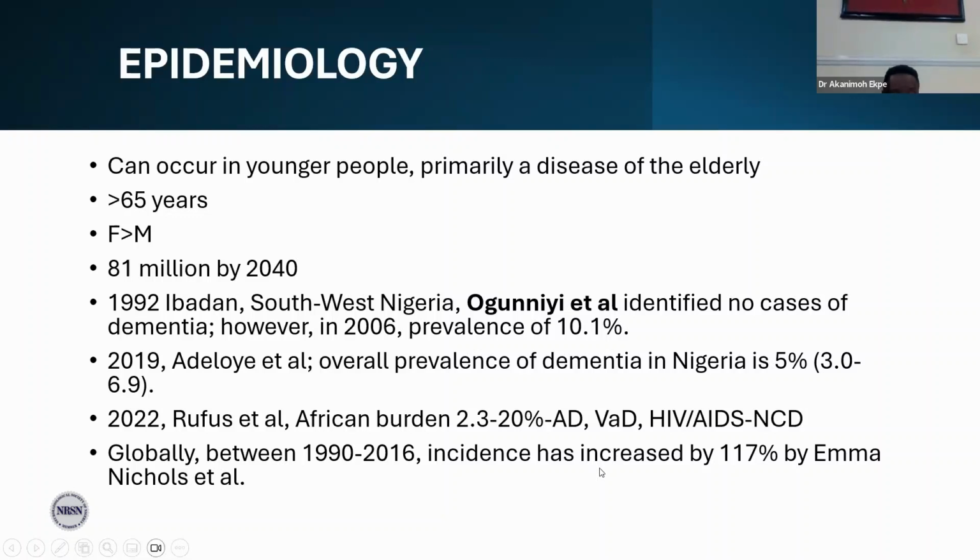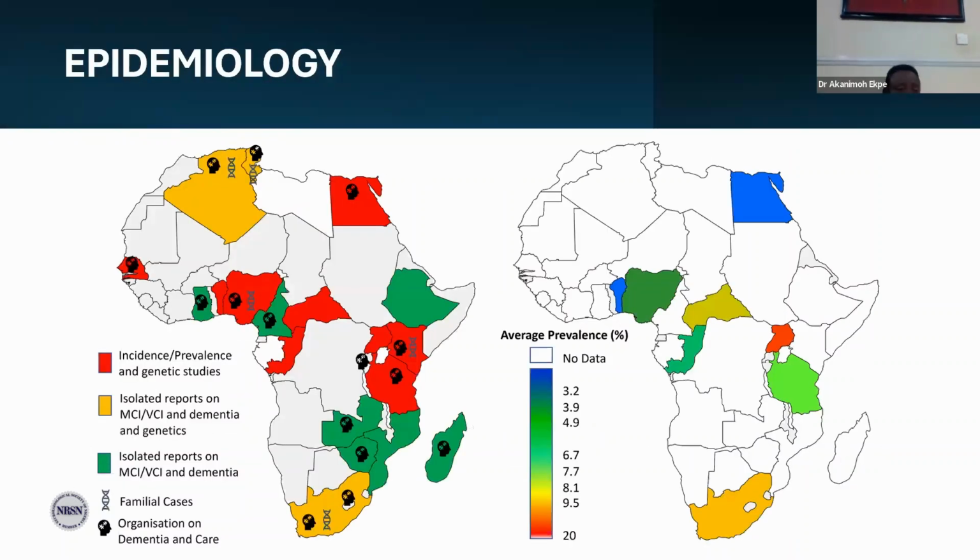And in profiling the dementia subtypes, Alzheimer's disease, vascular dementia, and HIV/AIDS neurocognitive disorders were the prevalent subtypes. Now, globally, between 1999 and 2016, the incidence of dementia has increased by 117%, according to a study by Nicole et al. Now, this is just a map of Africa where we've seen relative study being carried out about